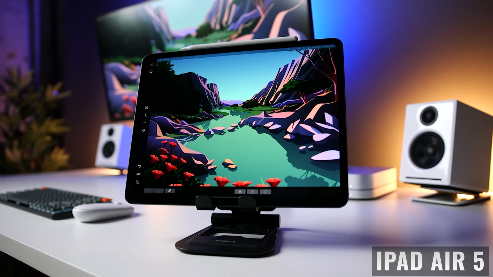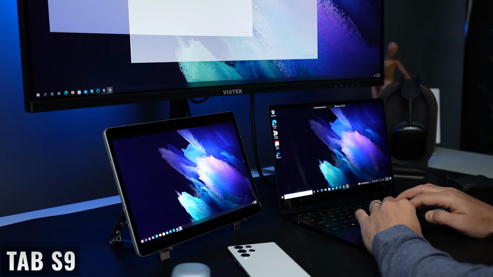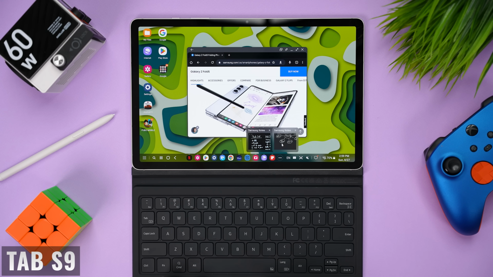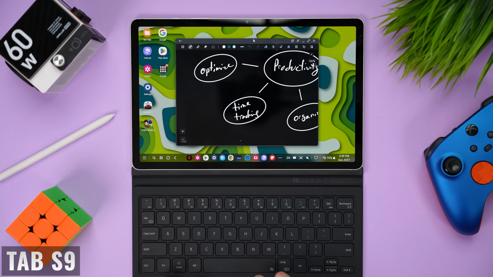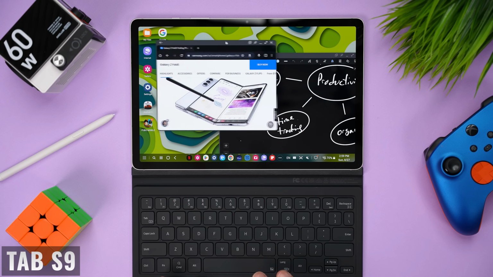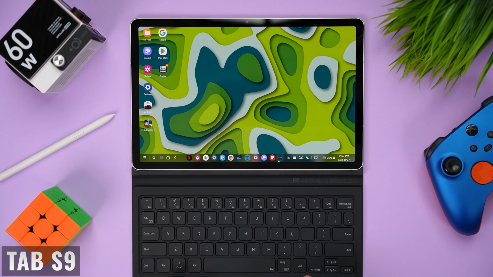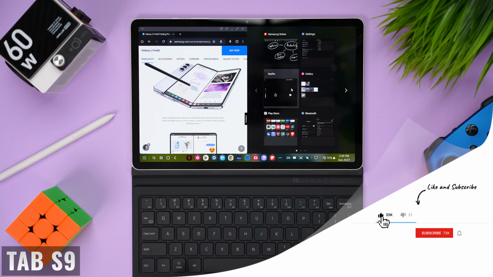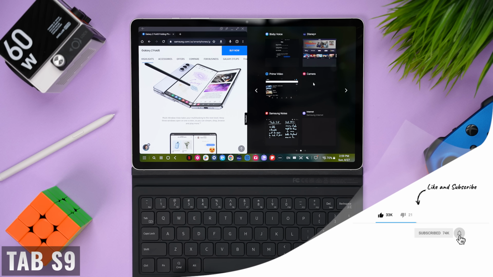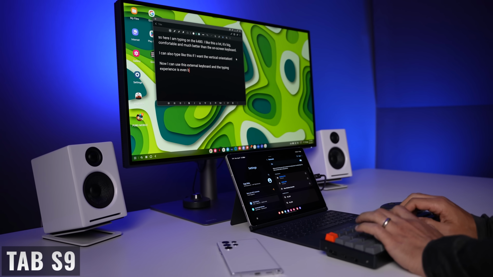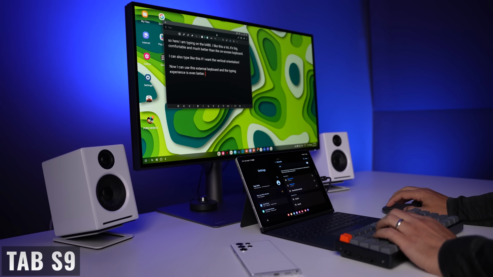Now, both tablets can also be used as additional displays for compatible desktops and laptops. Apple calls this feature Sidecar, and Samsung calls it Second Screen. But the Tab S9 has one significant advantage when you want more of a laptop or desktop-like experience with DeX. If you're new to Samsung tablets, DeX essentially reboots the tablet with a UI that looks very similar to what you'd get on a laptop. You've got a taskbar, a desktop with icons, and you can run multiple floating windows or snap windows to the sides of the display. And you can connect an external monitor, keyboard, and mouse and run a dual display setup.